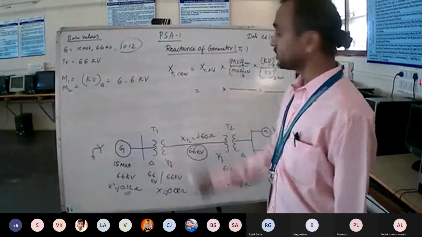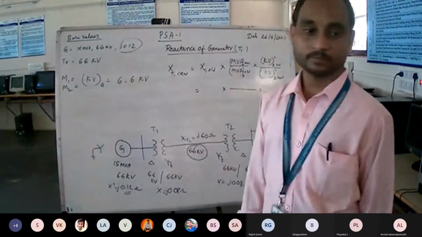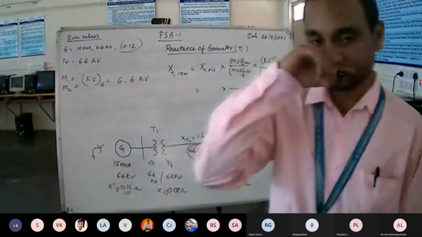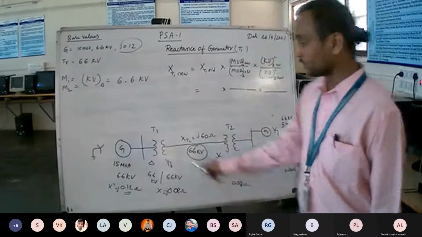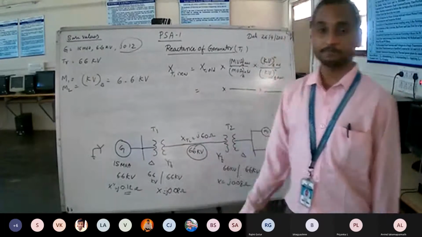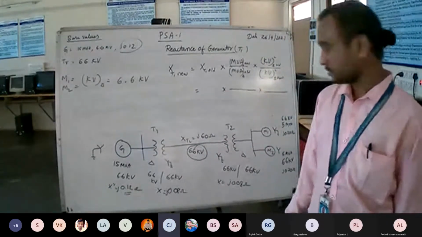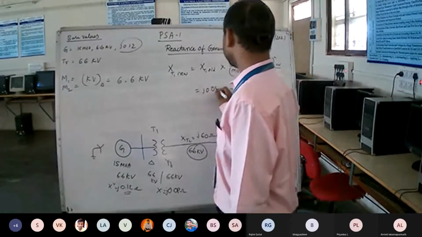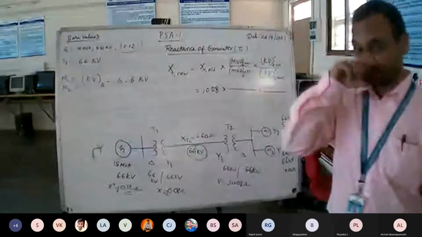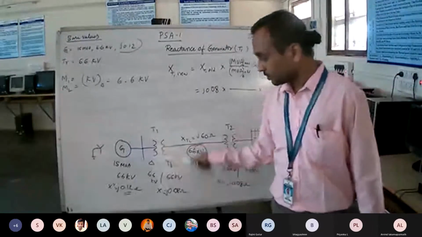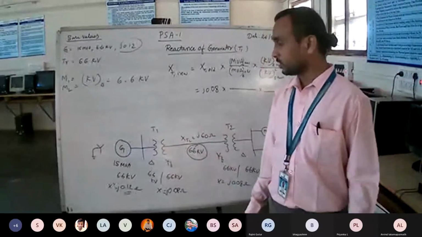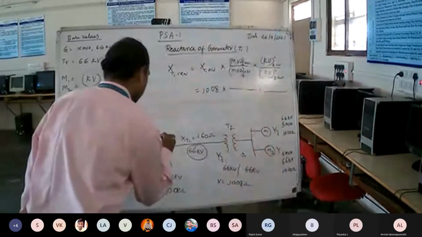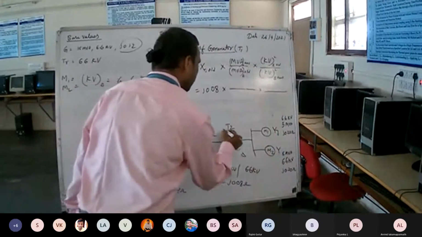Okay. What is XT1 old of the transformer? Chandana, XT1 old of the transformer, how much is it? Say 0.08 j. 0.08. What is the MVA base new for the transformer? The MVA base new for the transformer, and the volt is given. What is the volt? This is 20 MVA. This is also 20 MVA.